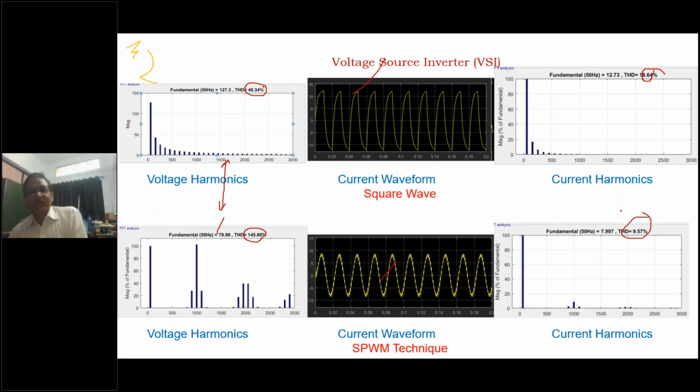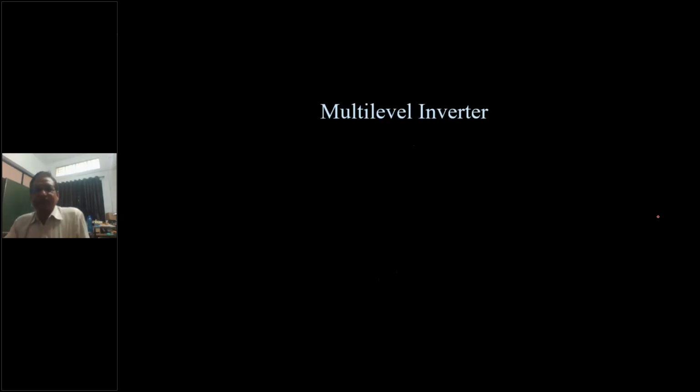Now one thing is there. Still we want to reduce the THD. So what is the solution? Increase the switching frequency. If you increase the switching frequency, then the harmonics will be shifted higher. If harmonics are there, what will happen? The reactance will be very high for these harmonics, so the harmonic current will be less, and THD will improve. Another solution is to go for multi-level inverters.